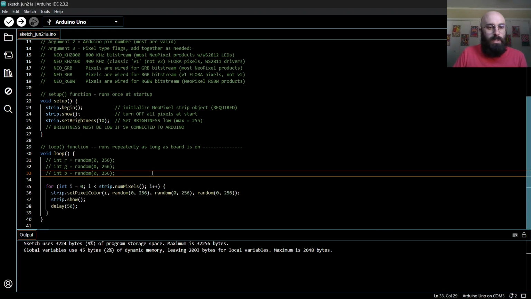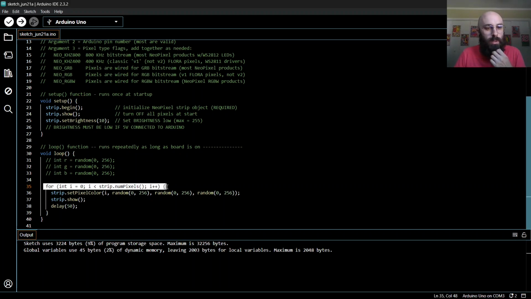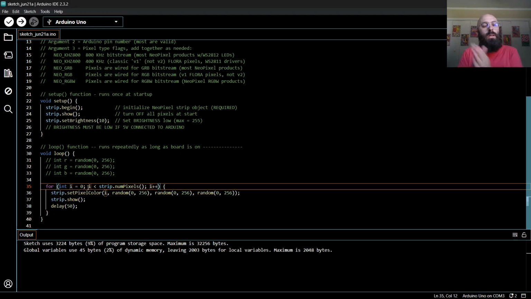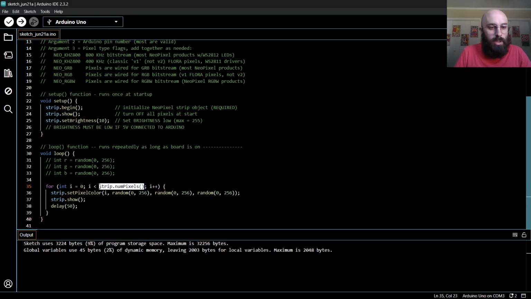Let's see, what else would we want to do? Right now it's going from the start of the strand to the end of the strand. Let's try to make it go in the reverse direction, from the end to the start. What that's going to require is just a modification of this for loop. Nothing inside of it, just a modification to make our I start at the end and go down to the beginning. To make it start at the end, we need to make it start at the strip.number